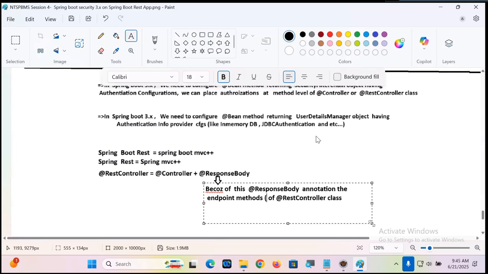Endpoint methods of the RestController class